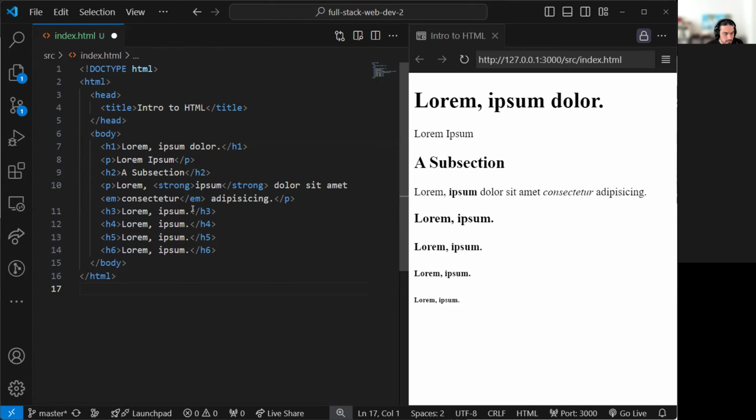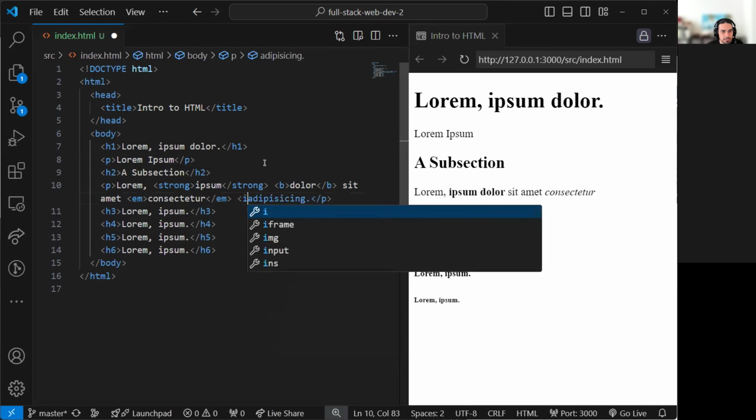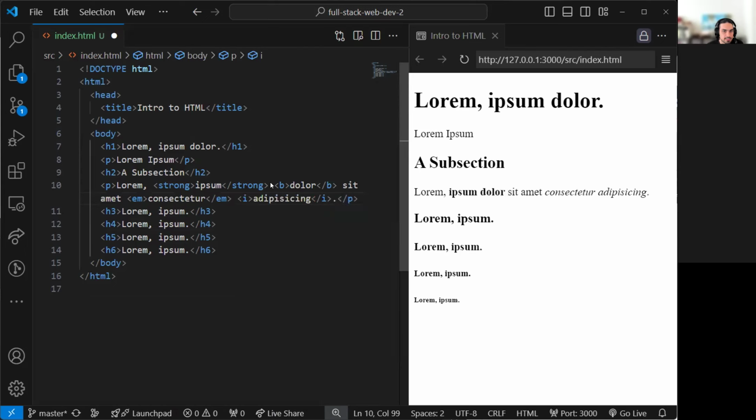Back in the day, people liked to use the B tag for bold and the I tag for idiomatic text or italics. So you can do that. For example, dolor here, I can put a B and then slash B like that, and it will appear bold. And then this adipiscing, whatever it's saying, put I and then slash I, and that becomes slanted. But this is just using HTML to change style, not necessarily adding any meaning semantically to this word. So that's why people prefer today using strong and EM,